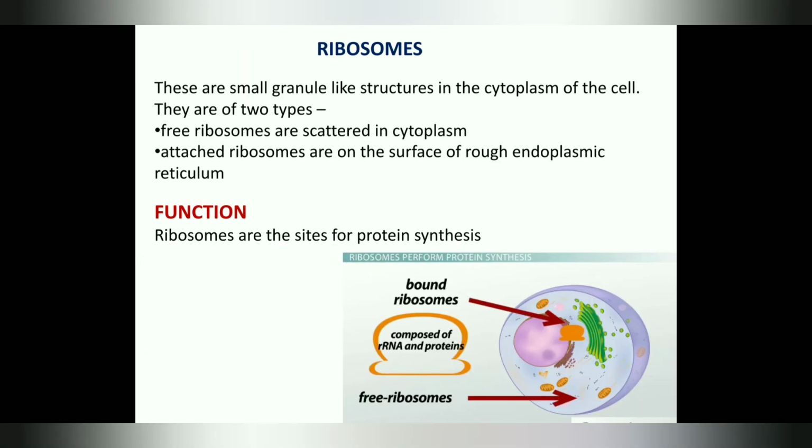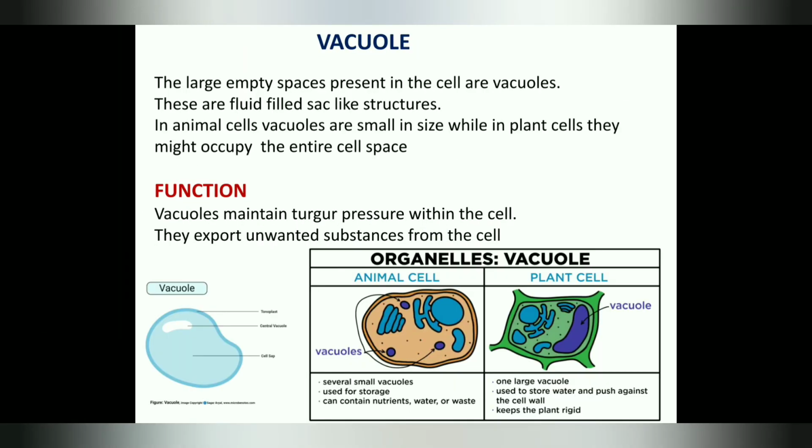So these are the different organelles which are present in the cell. By this we have completed the first chapter, that is cell, its structure and functions. All these organelles, that is mitochondria, chloroplast, nucleus, endoplasmic reticulum, lysosomes, Golgi bodies, their structure and functions are important. So you have to read each structure and